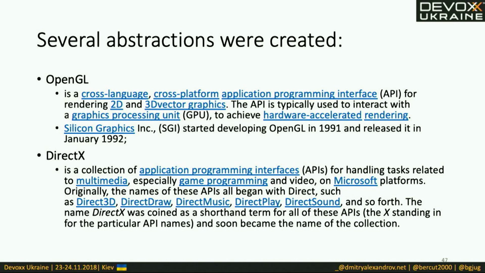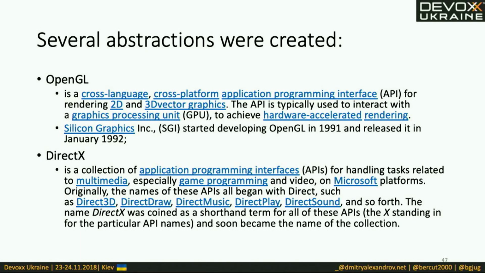Of course, you've probably heard of OpenGL and DirectX. Every time you install a game, the next step is to install something called DirectX. It's obvious, yes. So these were a set of abstractions which opened access for developers to low-level stuff on video cards, or to make some upper-level abstractions, like, for example, draw me something fancy and I will do the rest. I will write the shader for you, or create something to run on a video card.